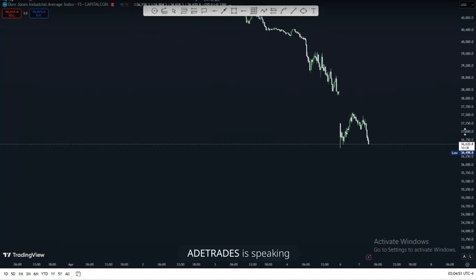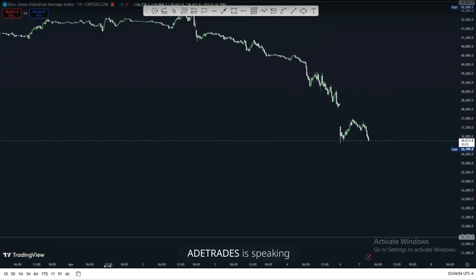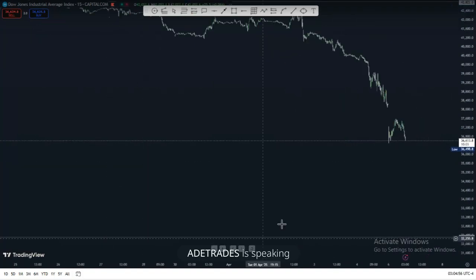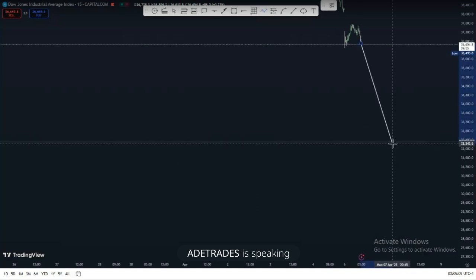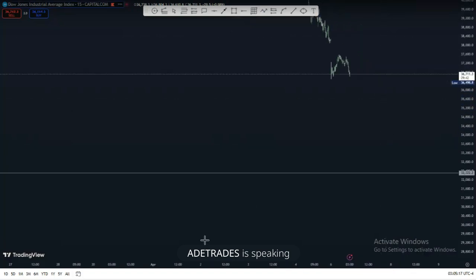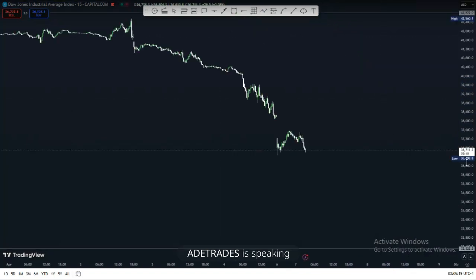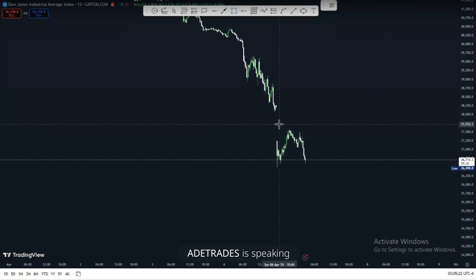These structures are not complete. So now we're looking to short, I've marked it already, we're looking to short US 30 to 32,000. Then we're going to wait and see if we have any change in trend or change in structure. So we're going to be shorting US 30 to 32,000. This is the area we're looking at.